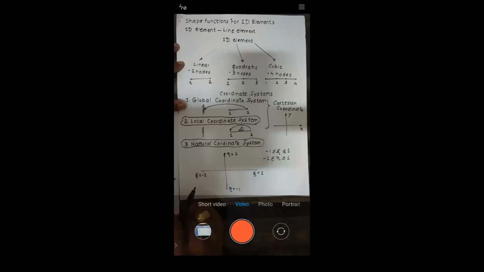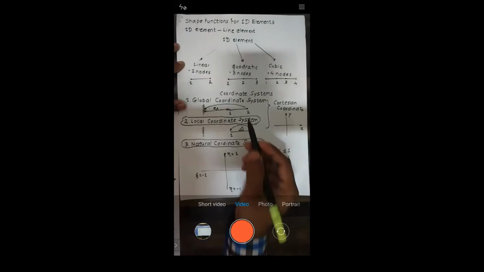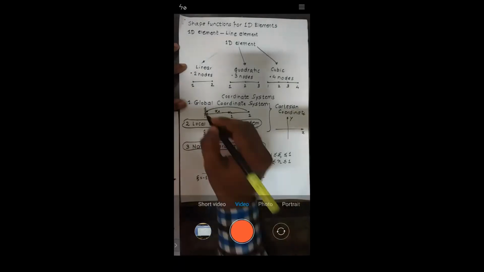Why are we not interested in going for global? Only this is the distance, na? What is the distance between global and local? It is only this XA. Those who attended the previous lecture know this. What is the distance between this global and this local? It is only this distance.